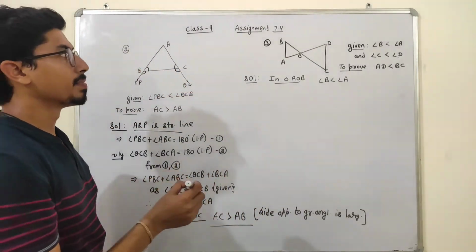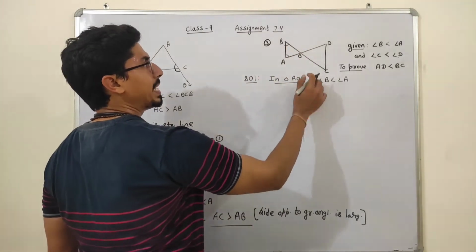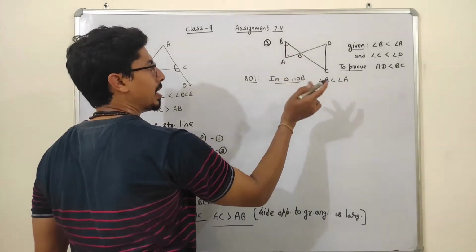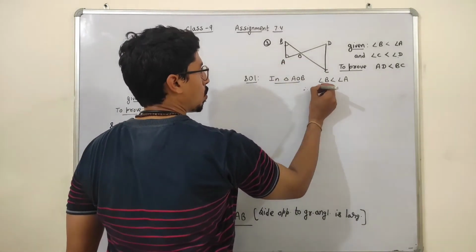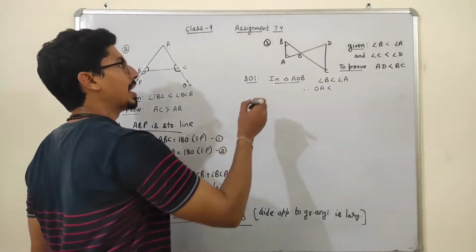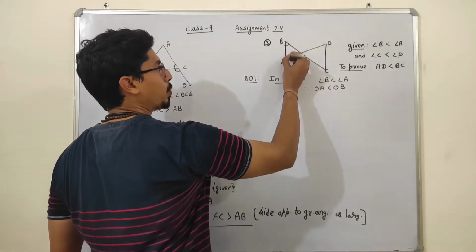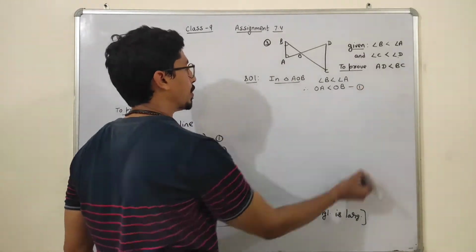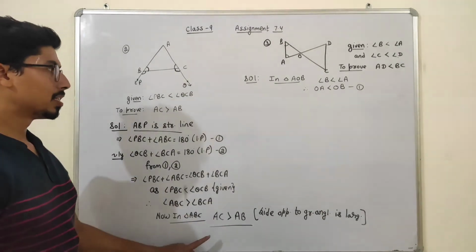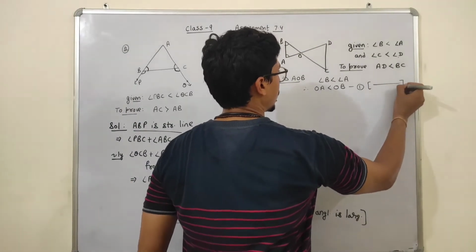Okay. Now see, in this triangle, angle B, the side opposite to angle B is OA. Therefore, OA is less than, see, angle A, the side opposite to angle A is OB. Name this as equation 1. And the reason is the side opposite to the greater angle is largest. The same property. Just write the reason here.